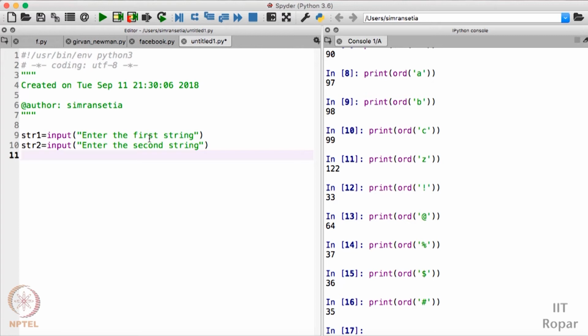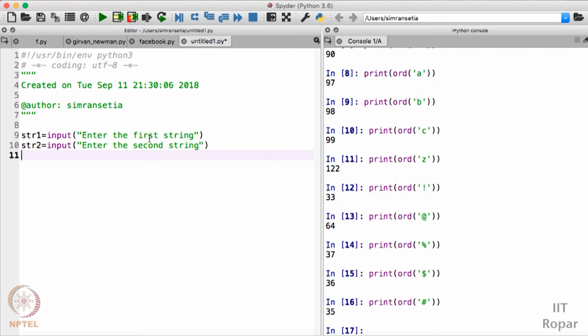So let us think about it. If we have to use the ASCII values, how can we use it? The sum of ASCII values of characters present in the anagrams should be same. Please think about it. The sum of the ASCII values of characters present in anagrams should be same because both the strings have the same set of characters. If two strings are anagrams, then they should have the same set of characters.